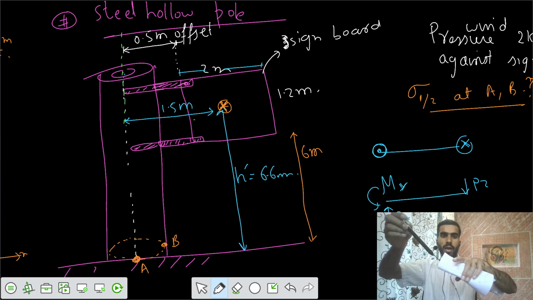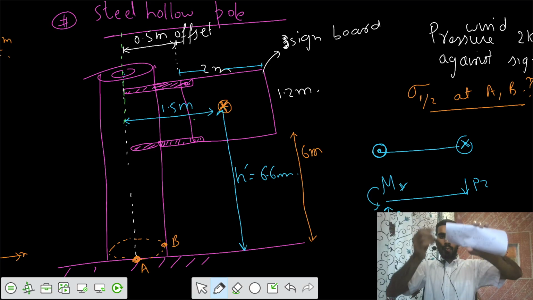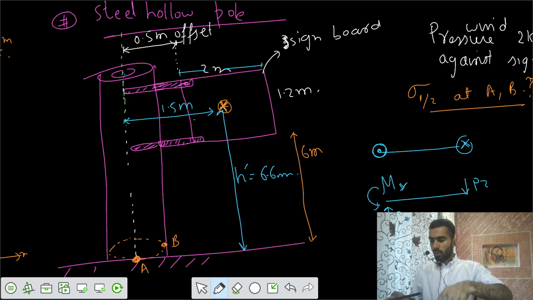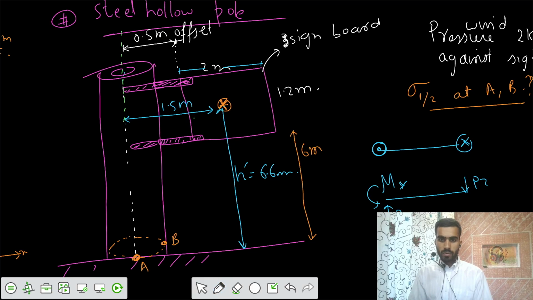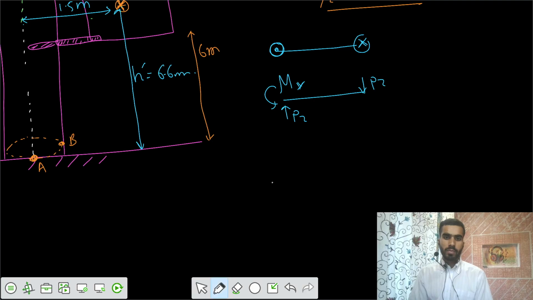If I have the shaft in this way and rotate that shaft 90 degrees, an anti-clockwise moment is acting on that shaft. If you have the shaft here, an anti-clockwise moment is acting on the shaft because of that